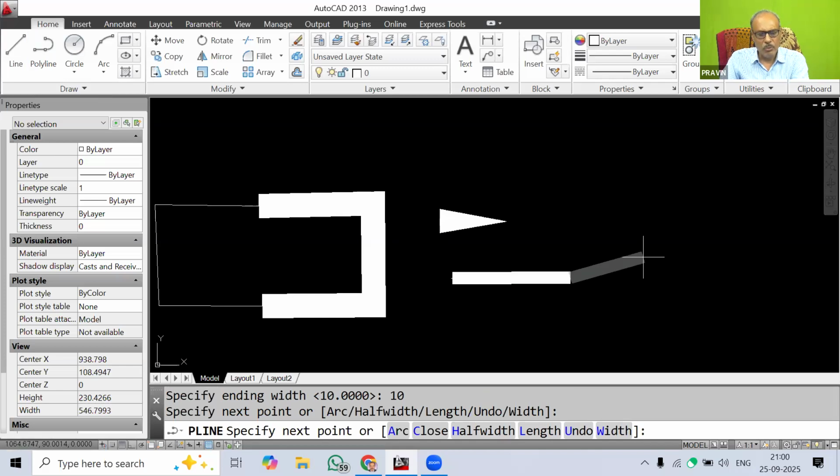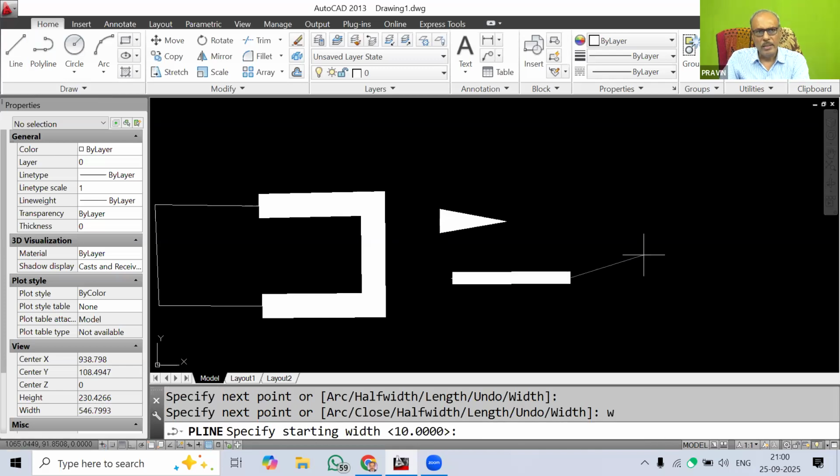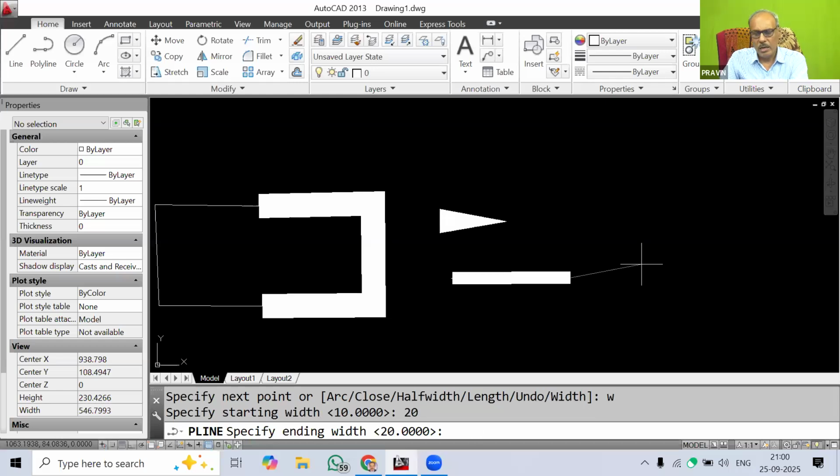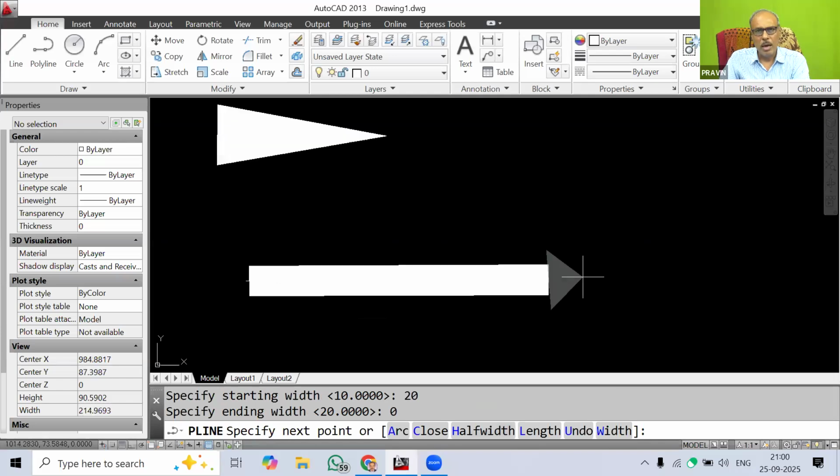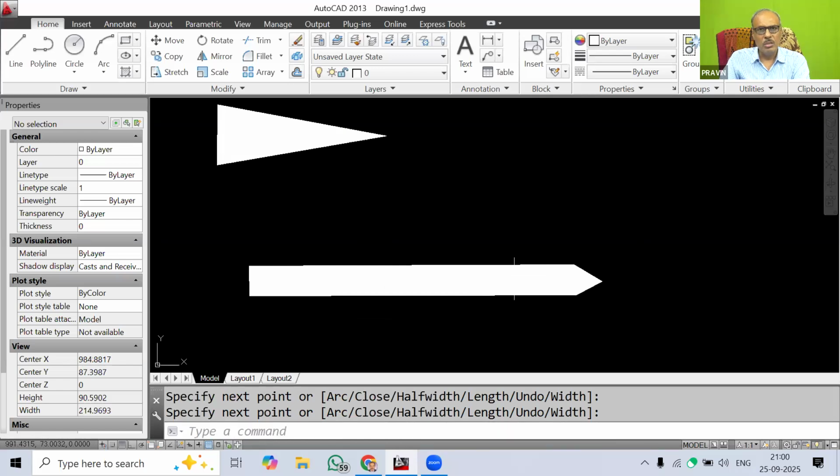Now with this, I can go to W again, make the starting width 20 and the ending width 0, press enter, and now you can draw this type of arrowhead. You can see that, and press enter. So this is 10 and then 0. This is happening because you have changed the width of the line.